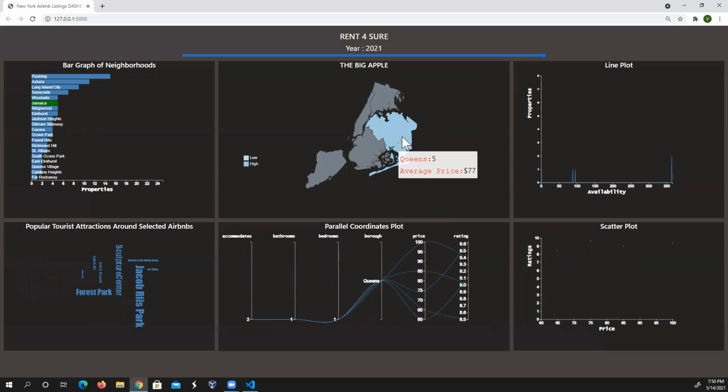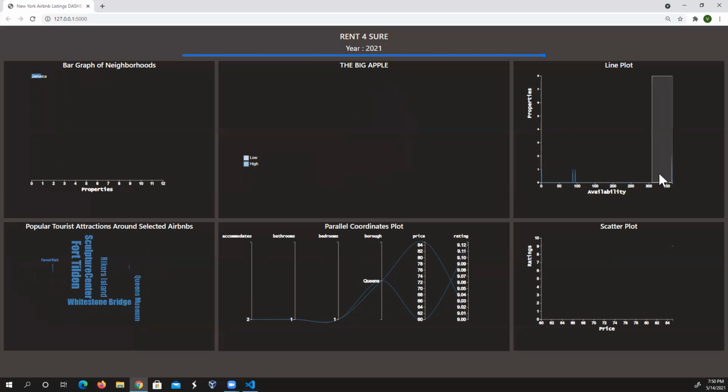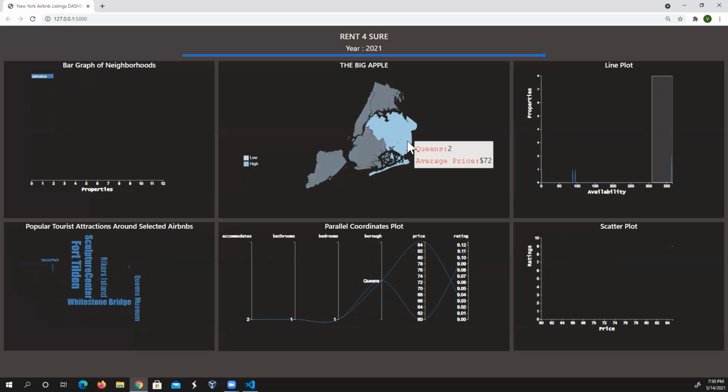There are 5 properties. Now, as we know, this chart talks about the demand, right? So if I brush on this particular part of the graph, I can see that there are 2 properties and the average price is 72 and they are highly available. So it means that if they make a spontaneous plan, they are likely to get these Airbnbs.